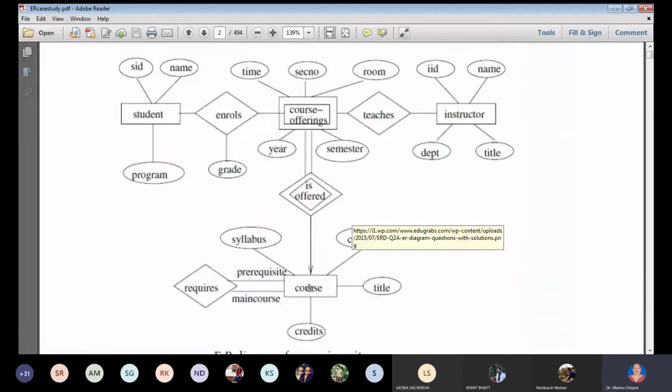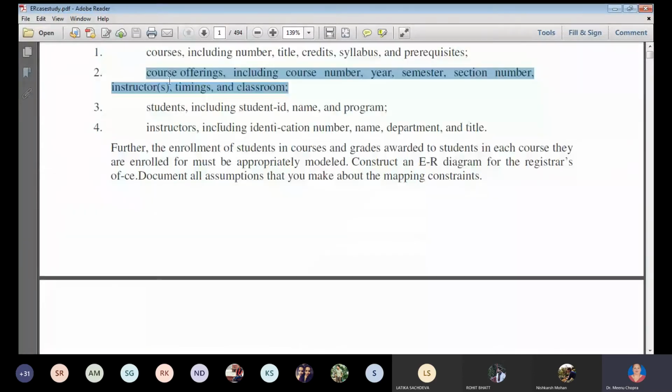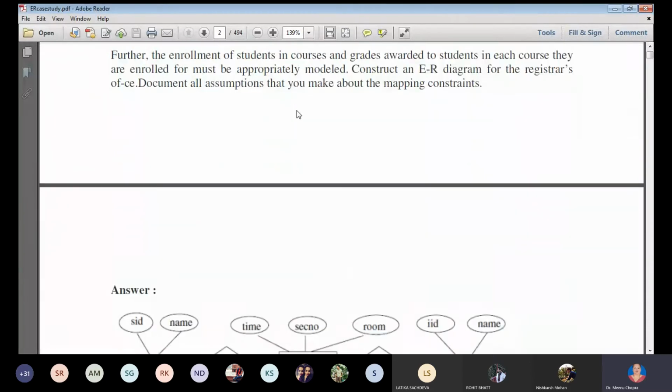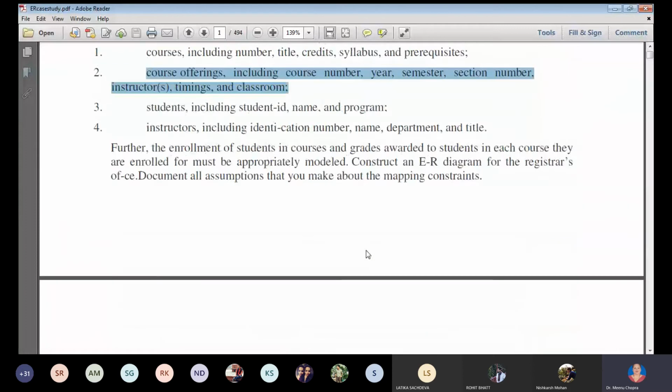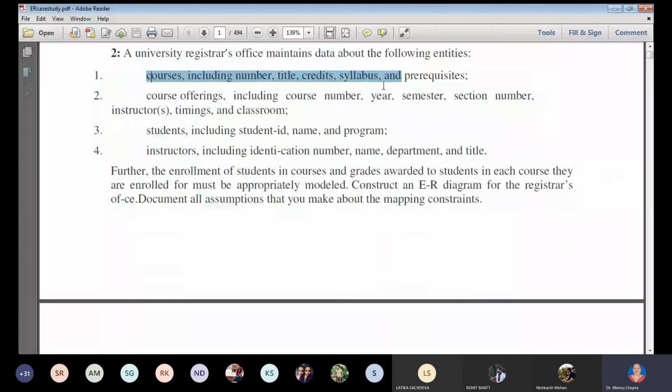Yes. Now, course is a strong entity. You can directly make a student enrolled in a course. You can directly make an enroll relationship between student and course, like this one. Now in the database, it is given that course offering includes a course number, year, semester, section, everything, and instructor, timing, and a classroom. So these are all the things. Now see, course offering has everything: timing, section number, this. Whereas course cannot have these. Course does not have all these things, but course offering has all these things. So that is one identity being formed.